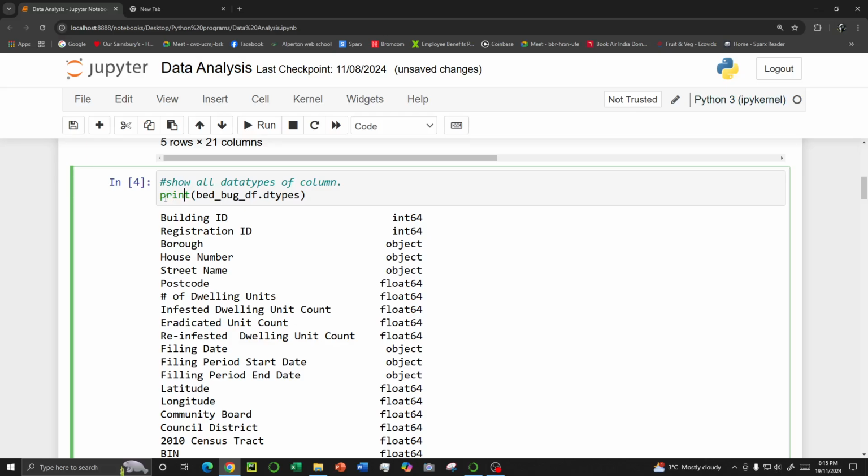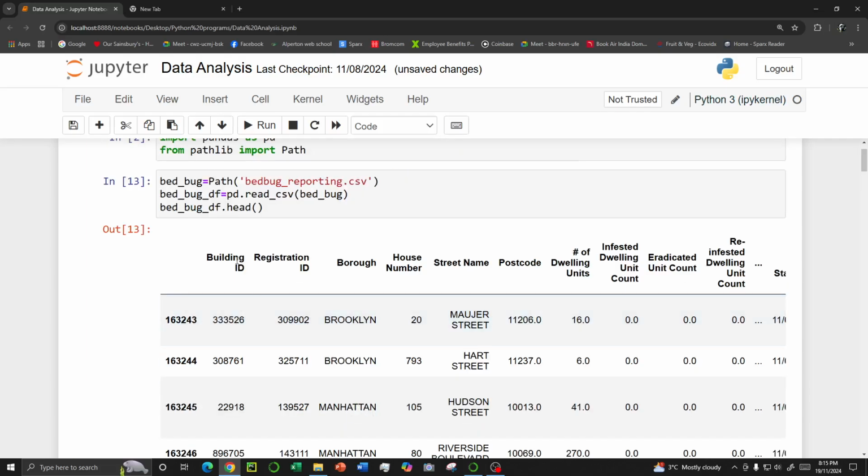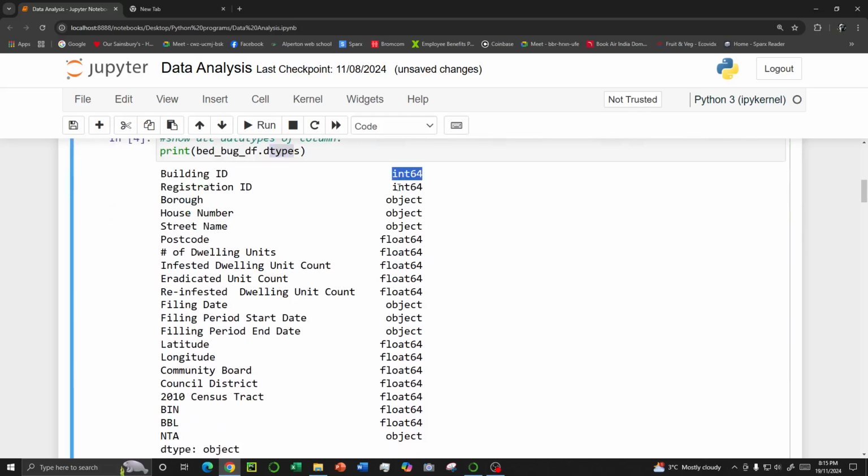Now, here we are trying to show all data types of the columns. So here it's print bedbug_df.dtypes. So bedbug_df is the data frame name, and we are printing all the data types. So this is data and this is types. So we can see this is int, this is an object, this is a float. Float means like 2.3,